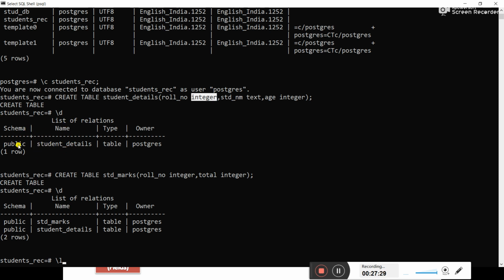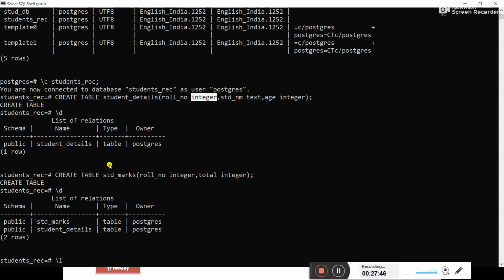First we have created only one table, so it will show you only one record, that is the student detail table record. Got it?